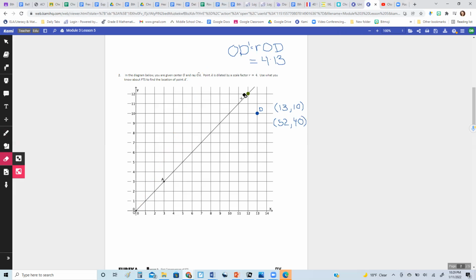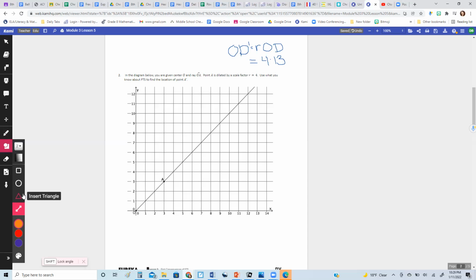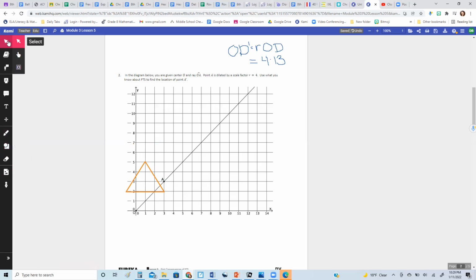Let's erase this. And I'm going to draw a shape, and you're going to see how it's going to work with shapes. It's totally cool. Let's make a triangle. I'm trying to make it, oh, hey, it's an upside down triangle. I'm going to try to make it so the coordinates are kind of smack on, just for easiness of